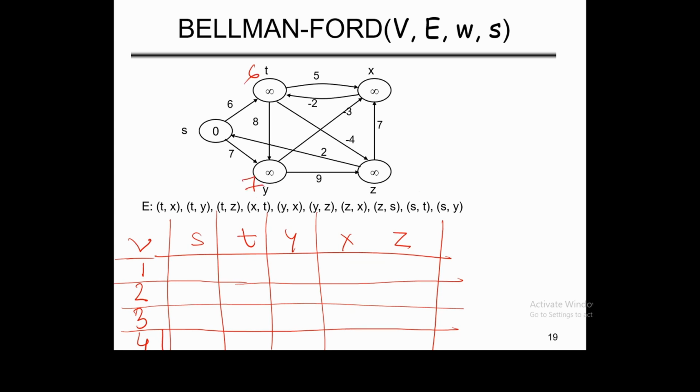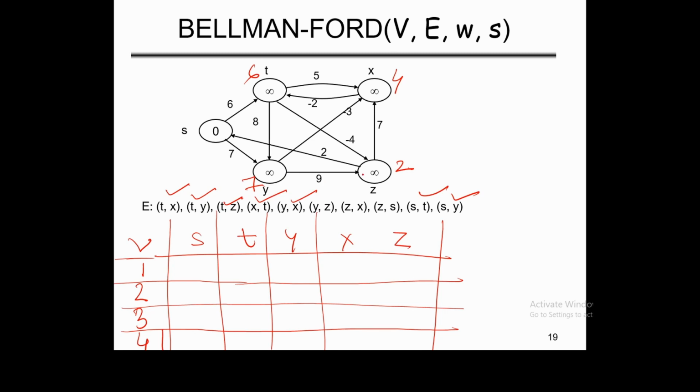It will be 6, it will be 7, ये दोनों हो गया। Now just take this one, t to x, it will be 11, t to y, it will be 6+8 14, ये 7 है, कोई चेंज नहीं होगा। t to z, 6 minus 4, that will be 2। Okay, now let's take this one, x to t, 11 minus 2, that will be 9, पर इसका पहले से 6 है, नहीं करेंगे चेंज। y to x, so it will be 7 minus 3, that will be 4, इसको मॉडिफाई कर देंगे, it will be 4।